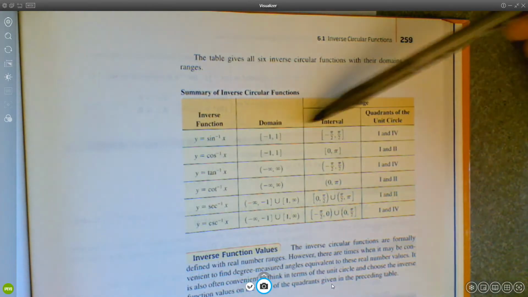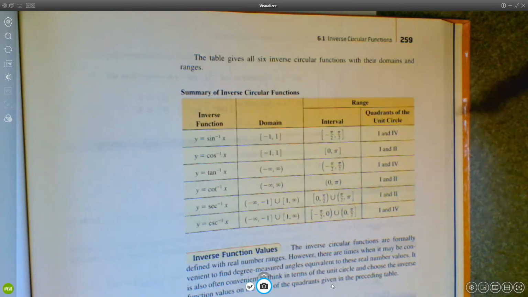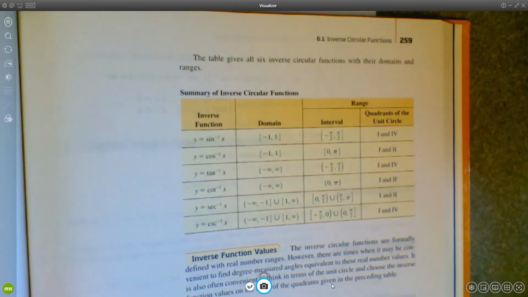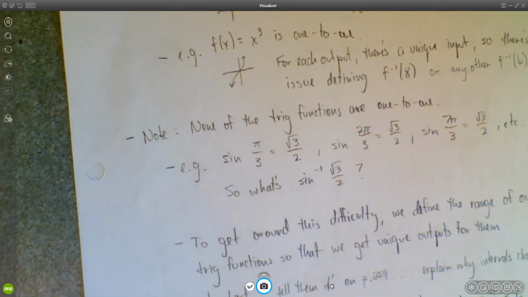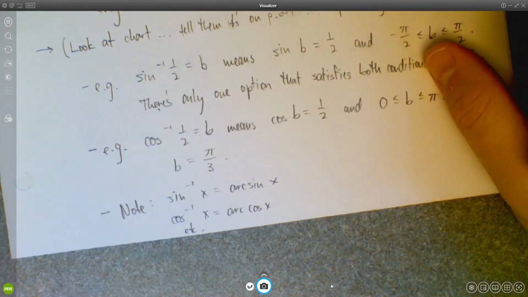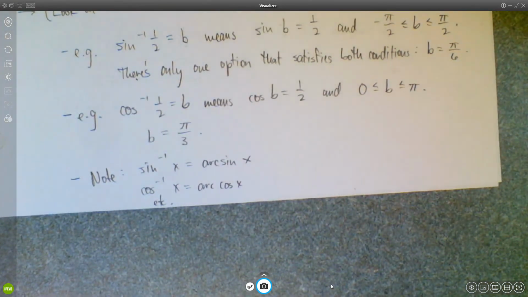So this would be a good chart to memorize, right? The ranges of these inverse trig functions. It's very important to memorize those, and let's talk about why. The reason it would be good to memorize those things is because if you're looking at, for example, sine inverse of 1/2,